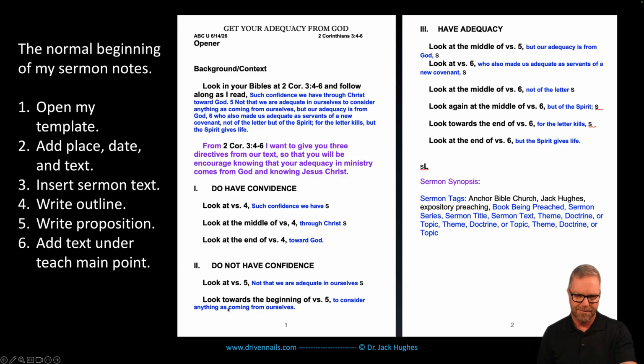I have a second point, look at verse 5, look towards the beginning of verse 5. Then I have the third point, look at the middle of verse 5, look at verse 6, look at the middle of verse 6, look towards the end of verse 6. Why do I do that? Why do I tell people